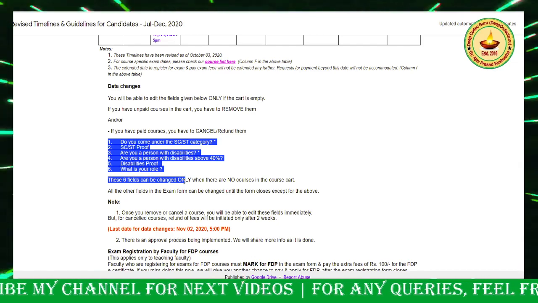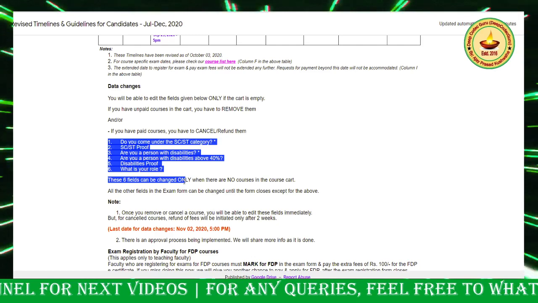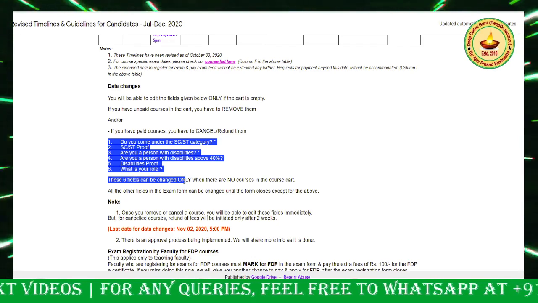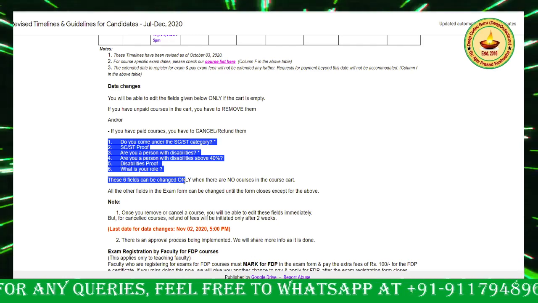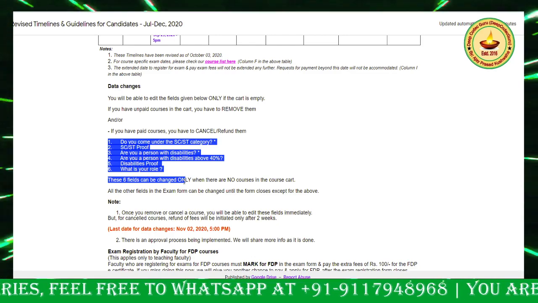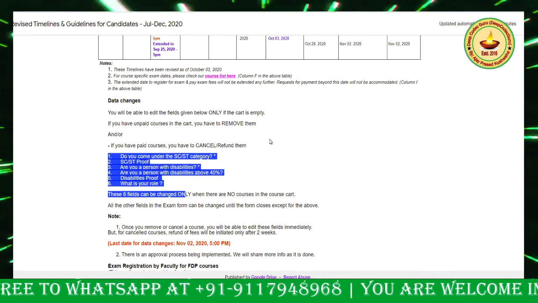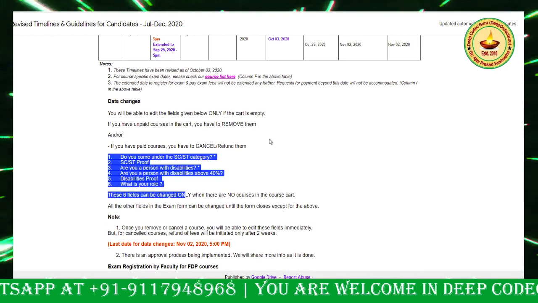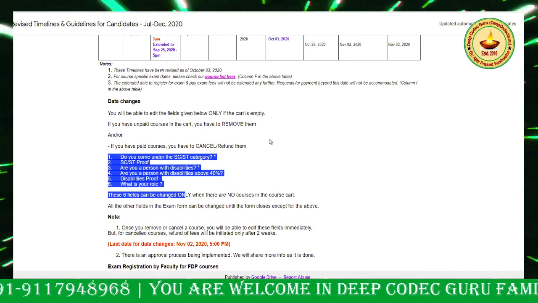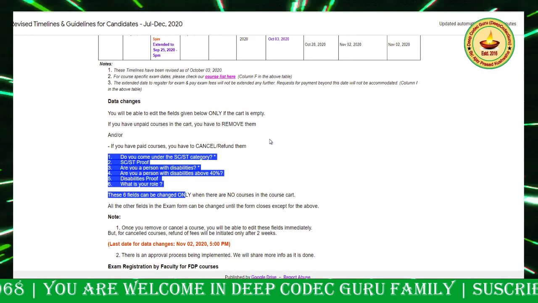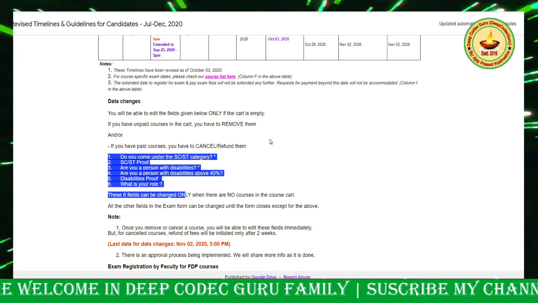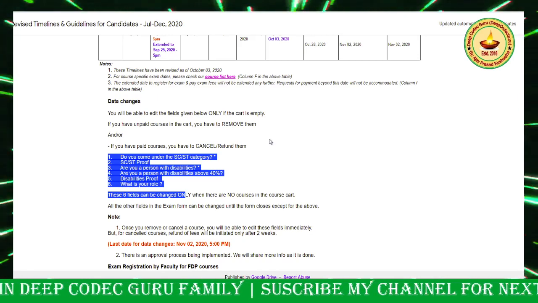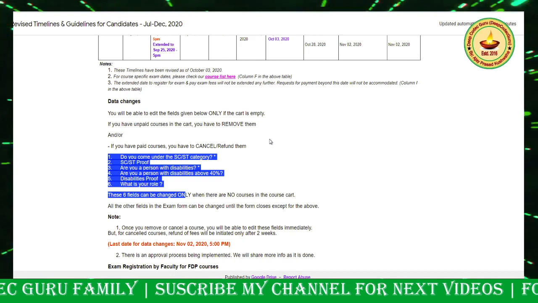So at first, please don't make a mistake in these fields. That is the reason I first insisted on these things. Okay guys, let me also tell the exam date, and then I will go for the form filling. Otherwise, you may be in a dilemma about when the exam is and how to fill the form. All those confusions might be in your mind.